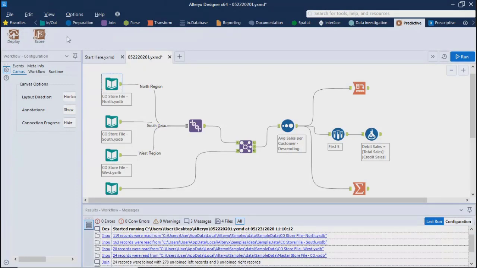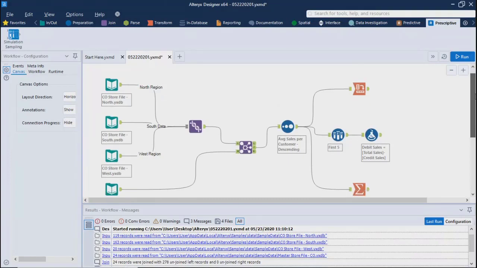Right now you don't see many tools over here because I'm on the free version at this moment. As soon as you put in your license and all, you get more tools over here, even on the prescriptive side. So we'll do that. Some of the tools we can get. Anybody who has a student license can get more tools over here. They can easily get a license key. Fine. Let me just go back.